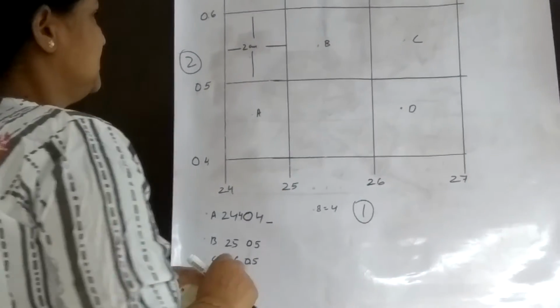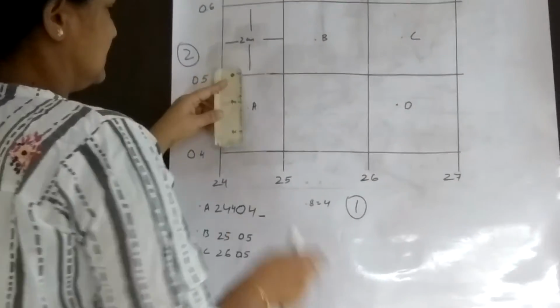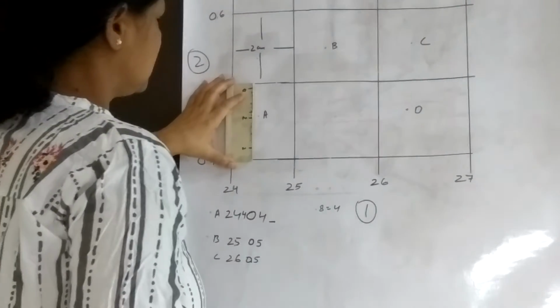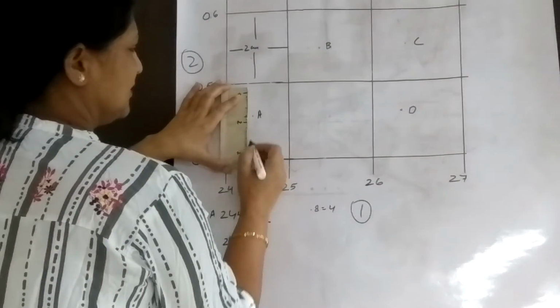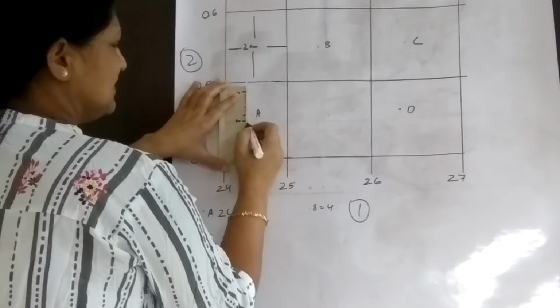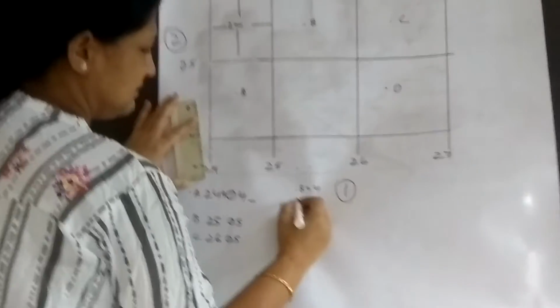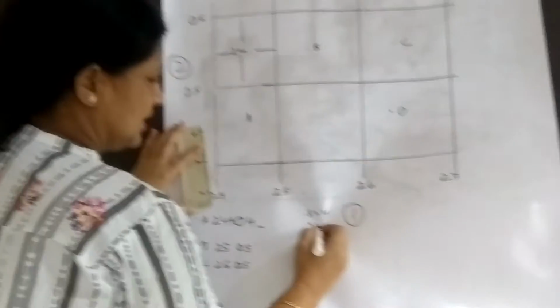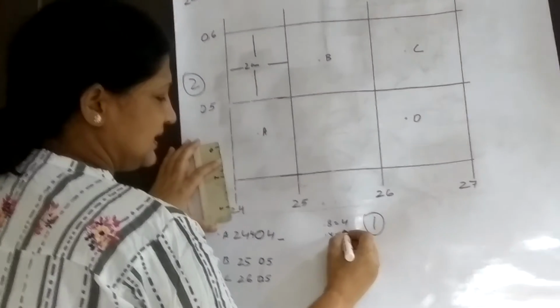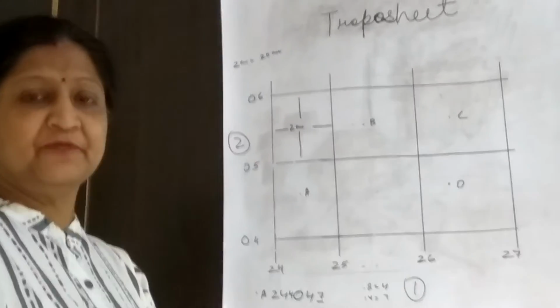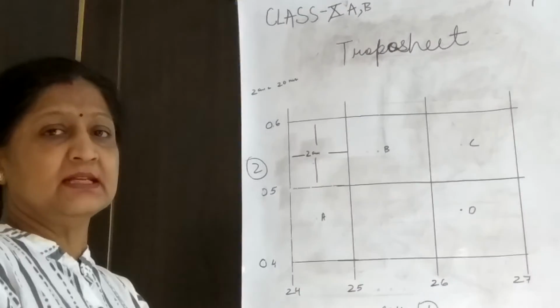Now again we will measure this distance. First of all, we keep the scale exactly and start going to this region. It was coming somewhere 14. 14 will be taken as 7. The next unit will be 7. So this is how we take a six grid reference, and generally in the exam, it is the six grid reference.